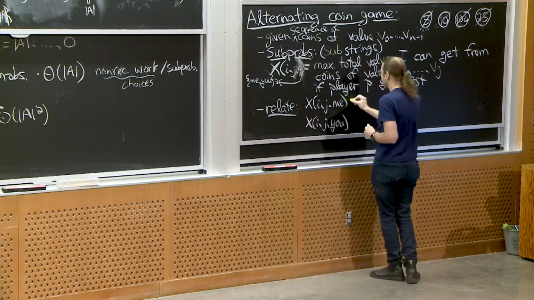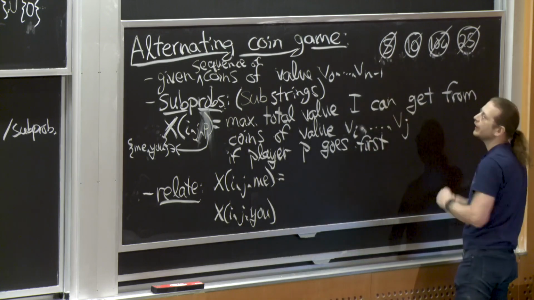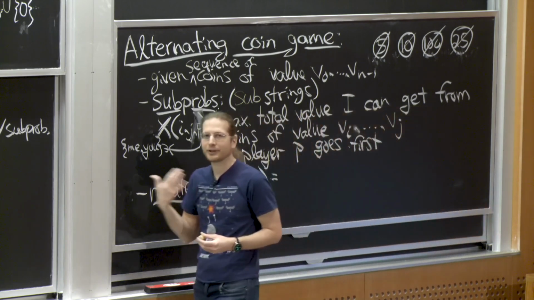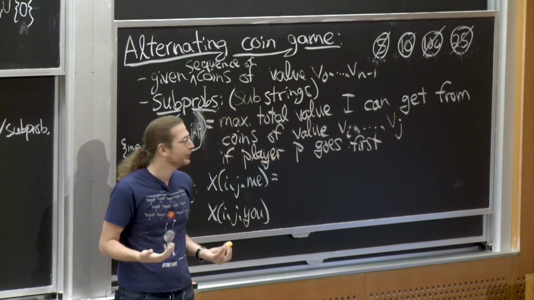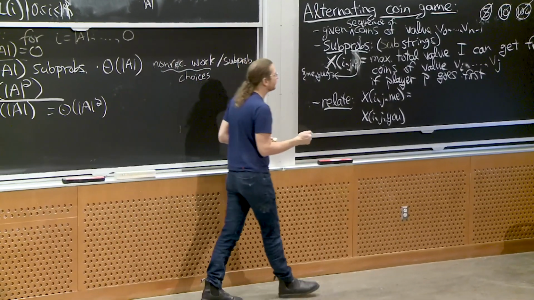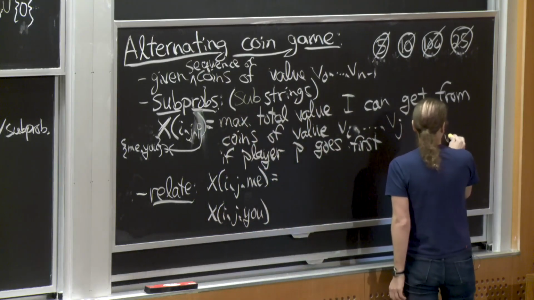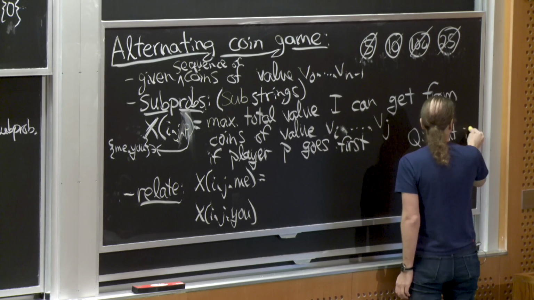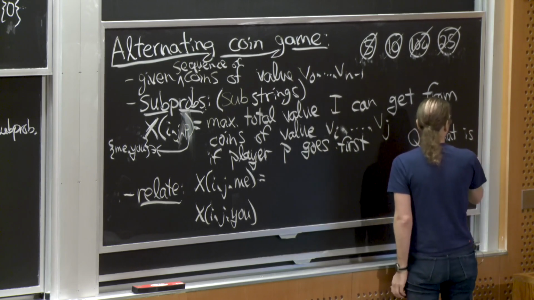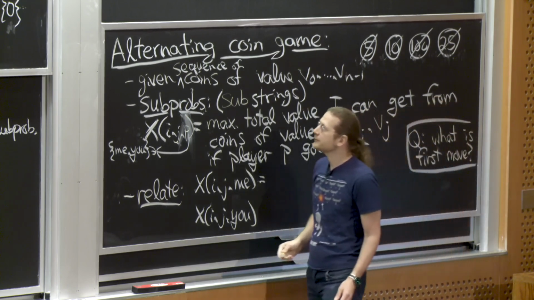So x of ij me: I have some substring from i to j. What could I do? I could take the first coin, or I could take the second coin. Which should I do? That's my question. What is my first move? Should I take the first coin or the second coin? There are exactly two possible answers to that question, so we can afford to just brute force them and take